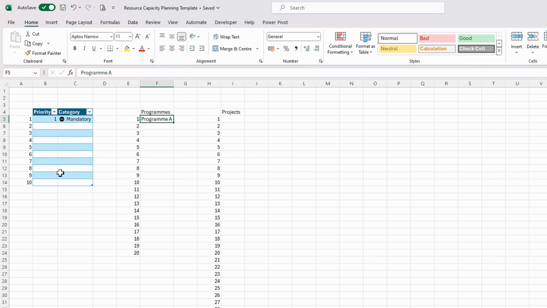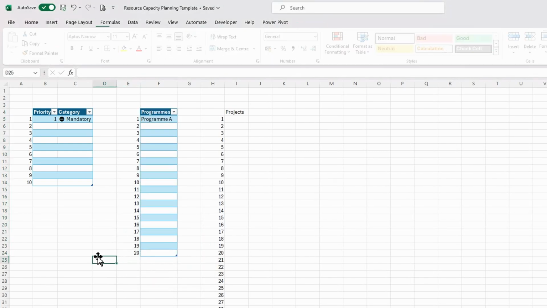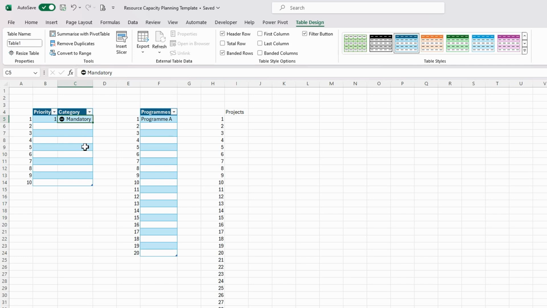And again, that's just going to be general. So I'm going to do Control T. And again, because I've put the sequence here, that's why it's picking up column E. So I'm going to do that for F. Just change that, and it has headings like so, and click OK. Right. Now the thing that we're going to do here is that we're going to give this some meaningful names